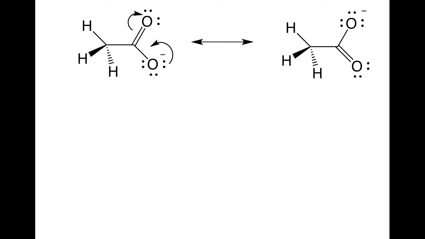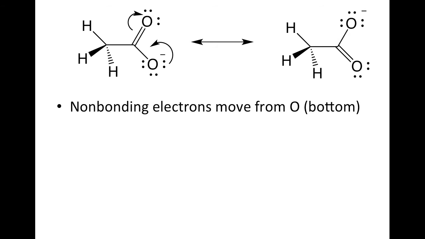So here's that molecule of acetate again, and the only difference between this and two slides ago is that now we're showing how we get from one resonance form to the other using curved arrows. So on the left, we're using curved arrows to show how we get to the resonance form on the right. In other words, how did we move the non-bonding and how did we move the pi electrons? If you look at what's going on, the non-bonding electrons are moving from the oxygen on the bottom, and they're going to become the pi electrons, a double bond between that carbon and oxygen